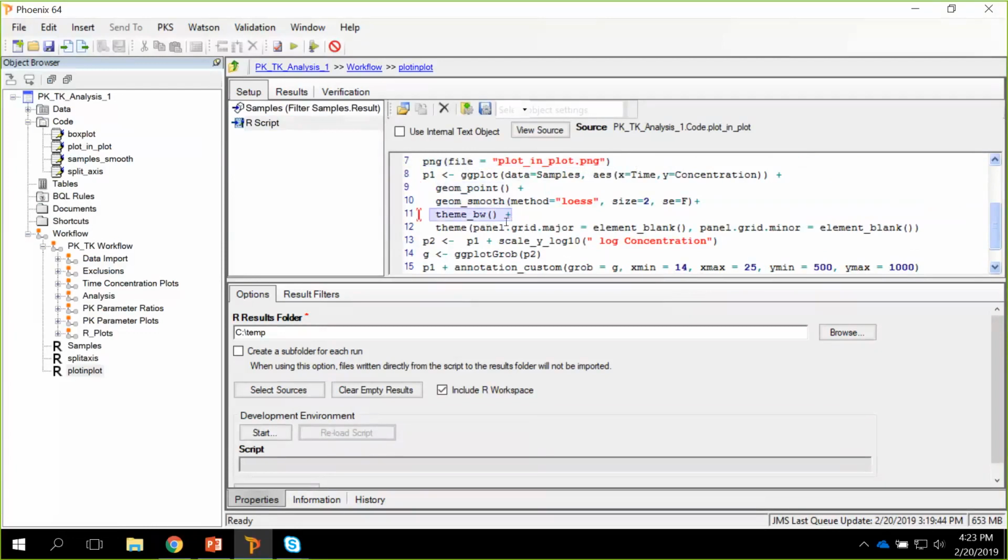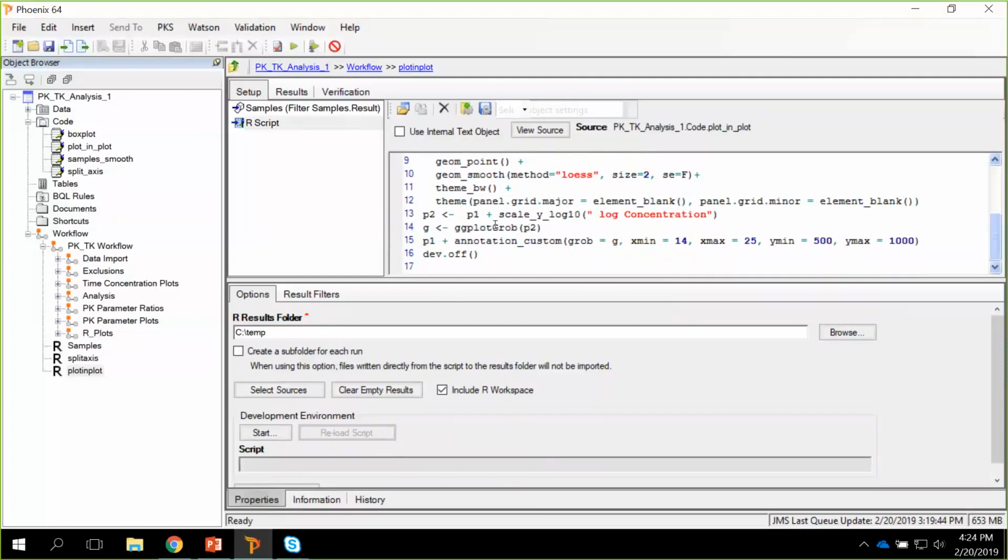In this case, we are changing the background of the plot to black and white, so we have a blank background, and also the panels that we are creating will all be blank, so white as a background for the first plot. And then we create a second plot, which is the first one with just a y-axis scaled to log 10 and a different label. So we've got now two plots, P1, P2, and we use the ggplotGrob function to treat this second plot special. And then we create a new display with the first plot plus a custom annotation with the second plot, where you define just a part of the linear plot, the P1 plot, where we can place this